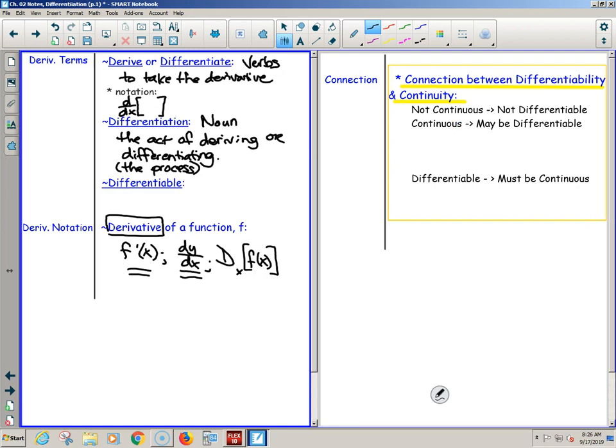Differentiable. Not a verb, not a noun, but an adjective. We don't say adverb. Those ones end with ly usually, describing a verb, quickly, as an adverb. Differentiable. That's describing a function. It's a description of a function. Able, right? Able to be derived,